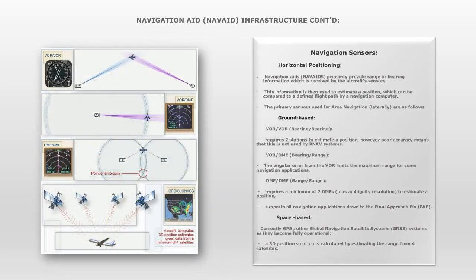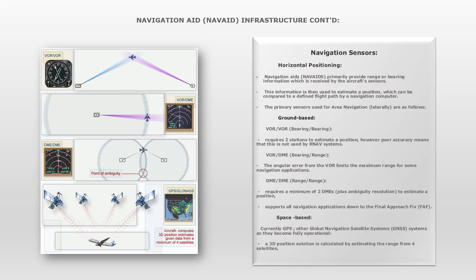Navigation sensors, horizontal positioning. Navigation aids, NavAids, primarily provide range or bearing information which is received by the aircraft's sensors. This information is then used to estimate a position, which can be compared to a defined flight path by a navigation computer. The primary sensors used for area navigation, laterally, are as follows: ground-based, VOR,